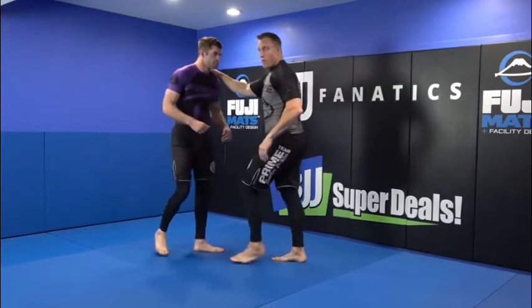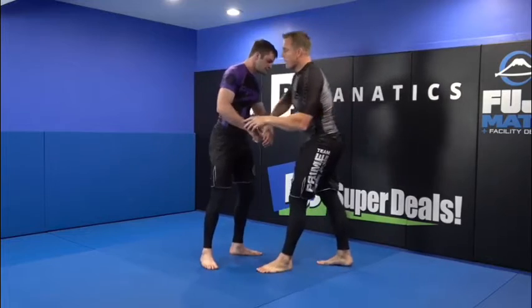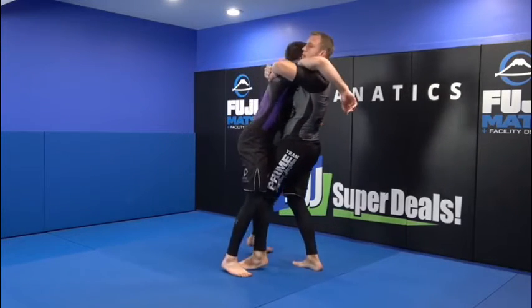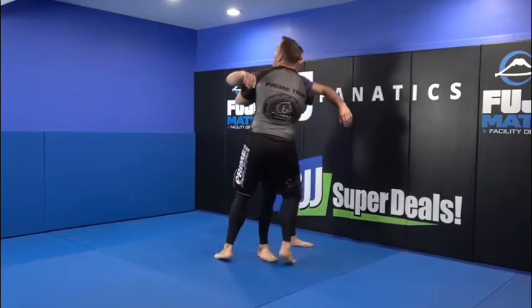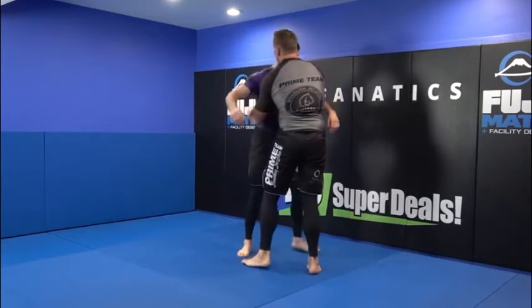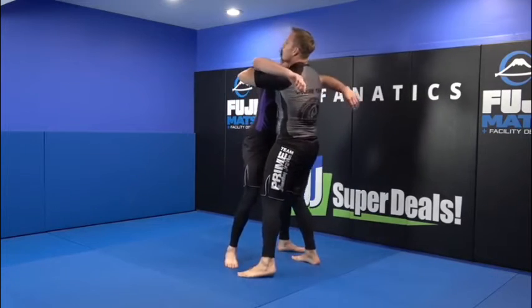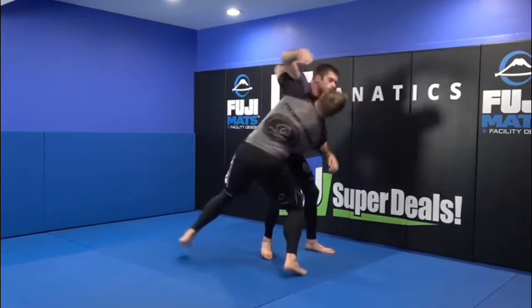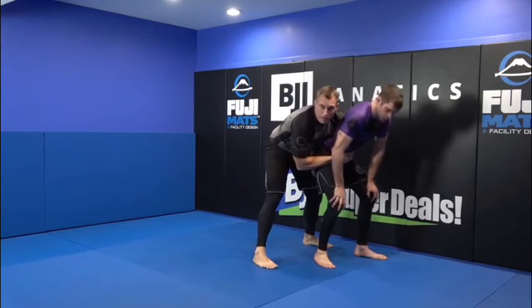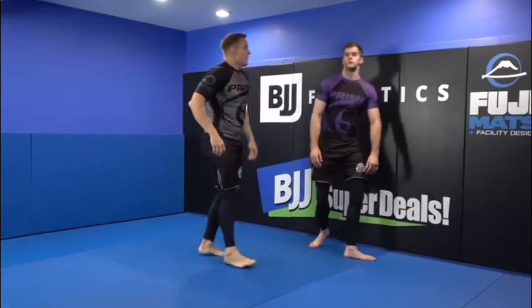You can also do a slide, right? So I get double underhooks, pulling him as soon as he comes out. Instead of a big elevation and shucking here, I'm going to change my levels a little bit. So he gets his leg out, and now I'm going to drop my level down here and slide down to his body. Okay, that's a